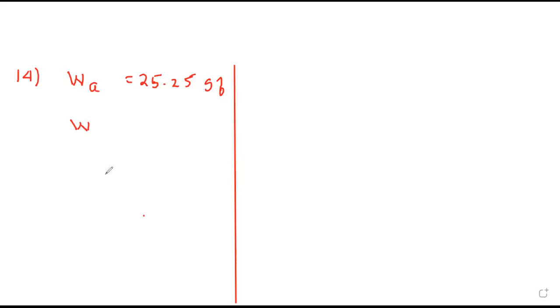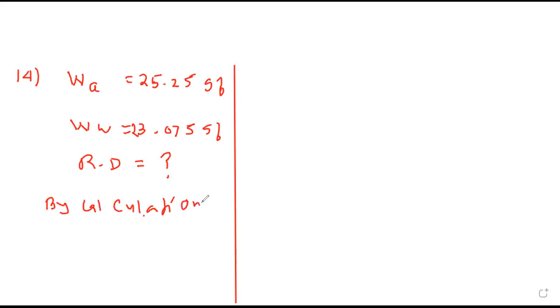The clever customer weighs the bangle when immersed in water and finds the weight in water as 23.075 gf. With the help of suitable calculation, find whether the ornament is made up of pure gold or not. Sir, from this we calculate; if that value doesn't come to 19.3, that means it's not pure. So by calculation, not by claiming, relative density is weight in air upon loss of weight.